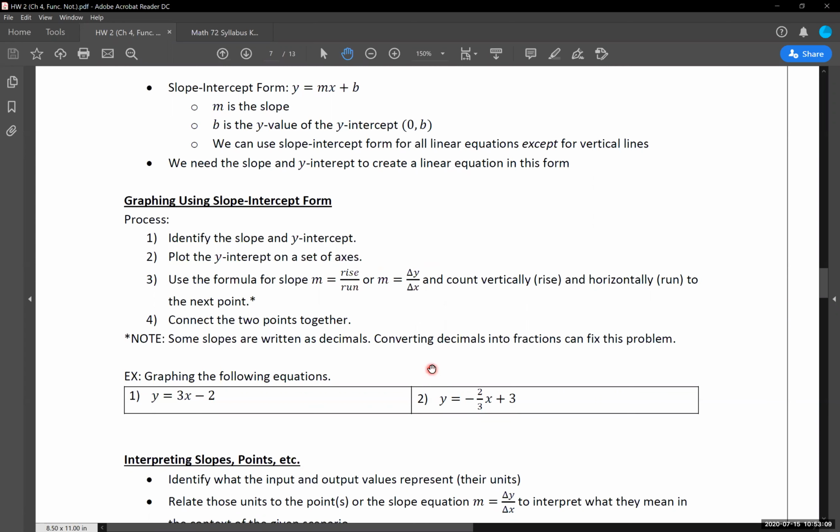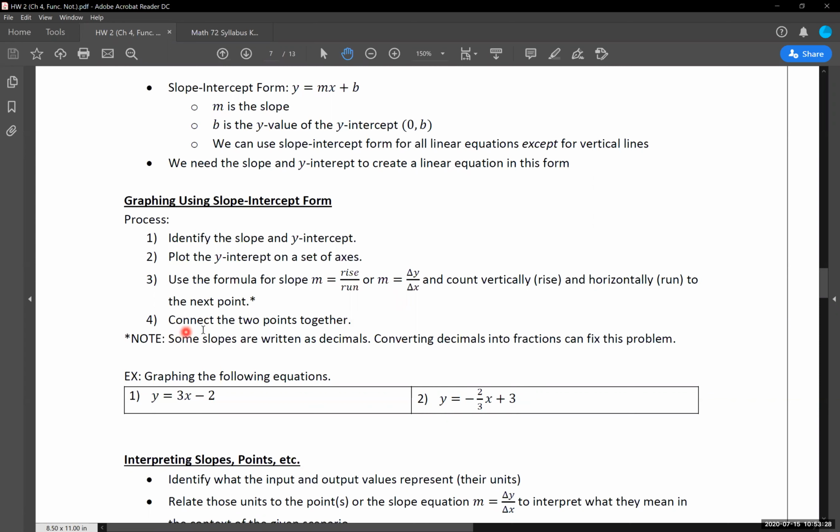Make sure that when we are doing this, we are also taking into account if we have a positive or a negative slope, because that will determine if we're moving vertically up or down, or horizontally left or right. And we'll go through at least an example of showing what that looks like down here.